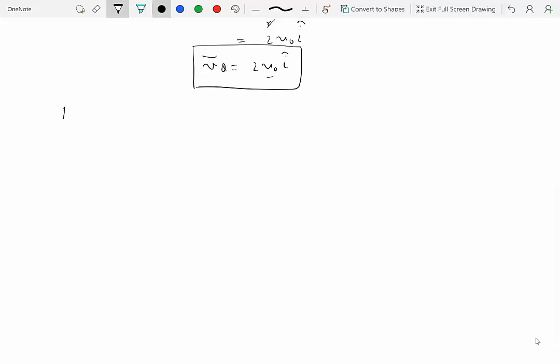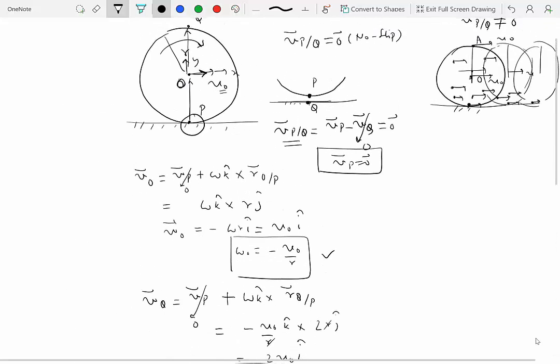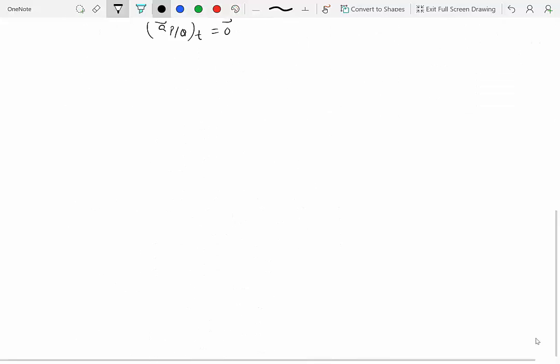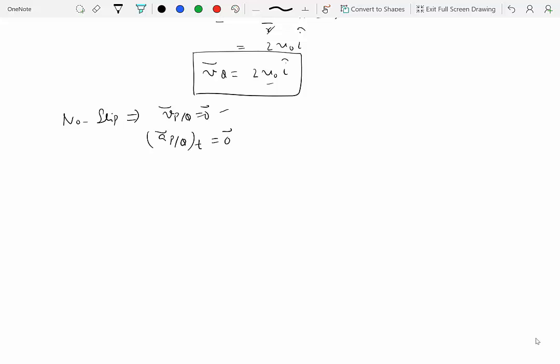So no slip condition also says that we know that velocity of P relative to Q is 0, but also acceleration of P relative to Q in the tangent direction is 0. Now notice we didn't have to say that about the velocity, right? Because velocity is always along tangential direction. It's never along normal direction, but along tangential direction. And what is the tangential direction? Tangential direction is this line that is tangent to the point P. And in this case, this happens to be same as the direction of the surface, right? So acceleration of P relative to Q in the tangent direction is 0. That's all we know.